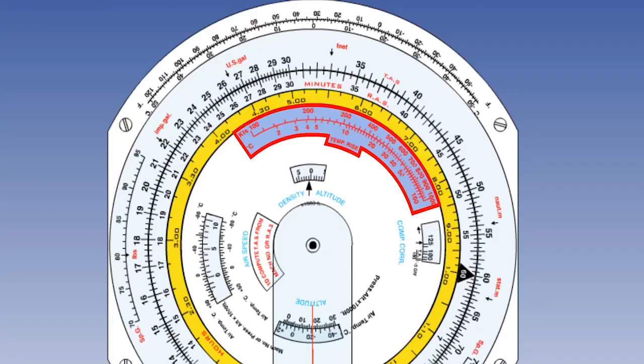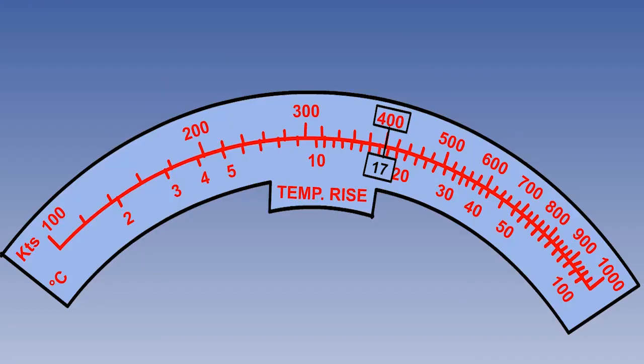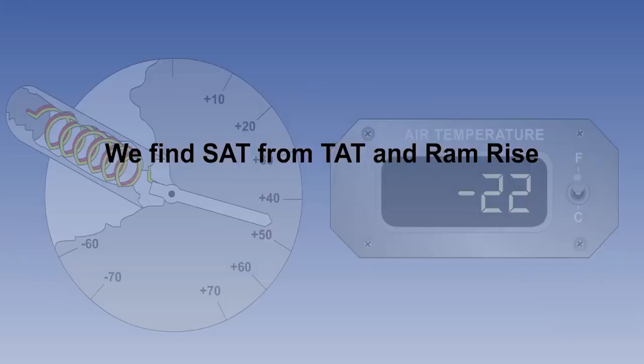We looked at the blue scale in a previous lesson. It shows ram rise for any particular true airspeed. In this example, a true airspeed of 400 knots gives a ram rise of 17 degrees Celsius. However, when solving this problem with a temperature gauge that shows TAT, you need to know your ram rise to